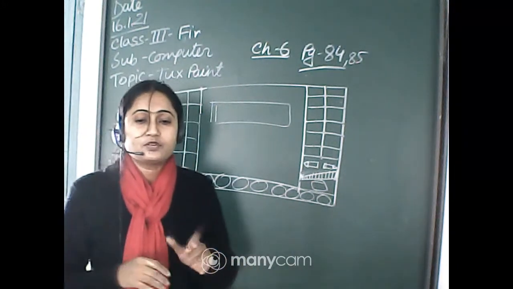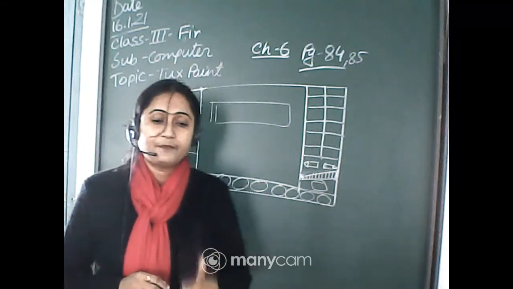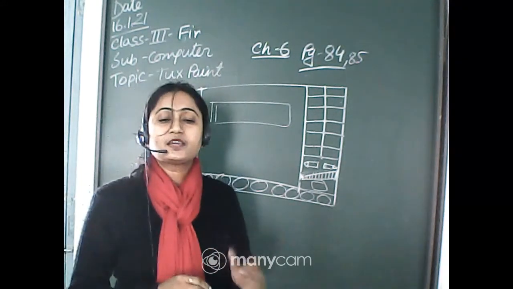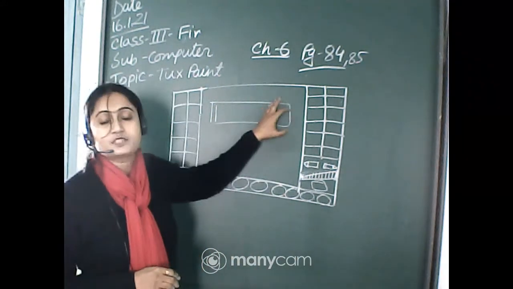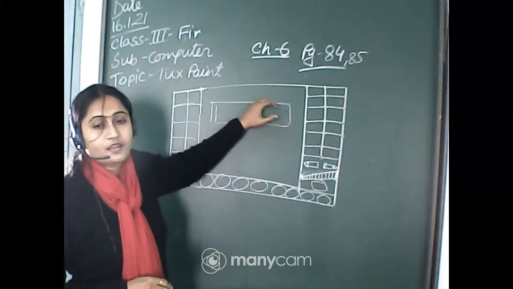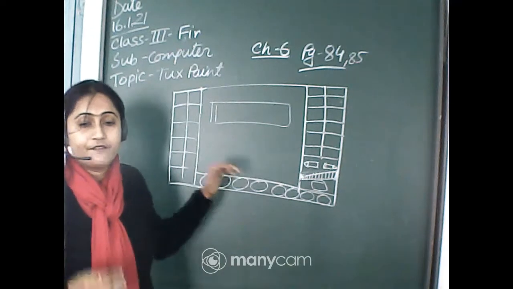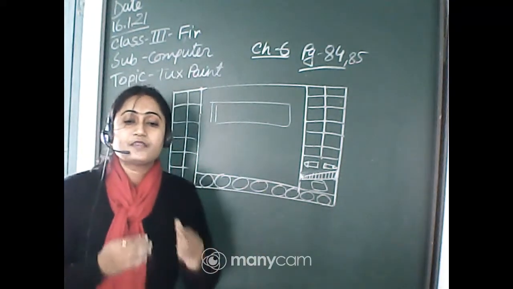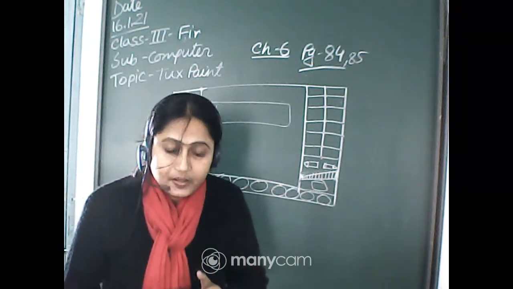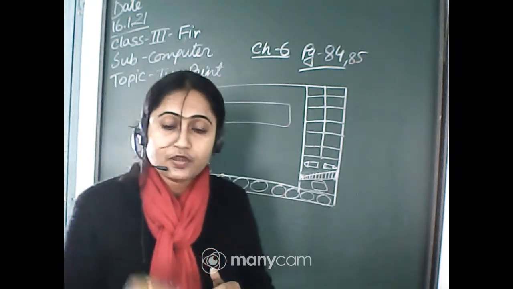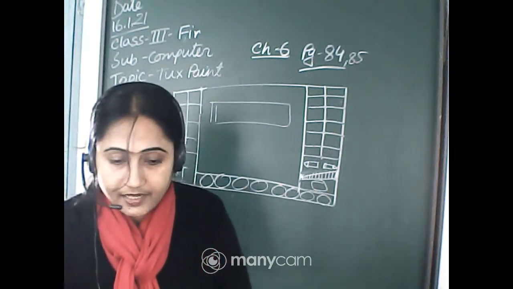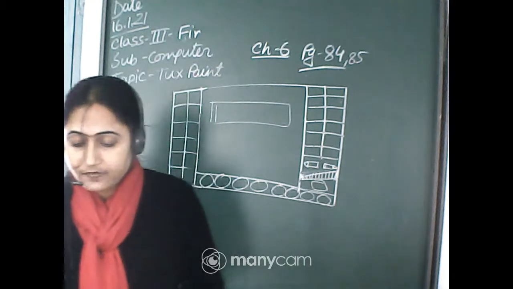Obviously, if you want to type something, we have to use the keyboard. Using the keyboard, whatever you want to type, you just type it. If you can't fit it in a single line, you just press the Enter key. If you press the Enter key, the cursor will come down to the next line, or using the Tab key also you can go to the next line. Do you have any doubt, any queries?